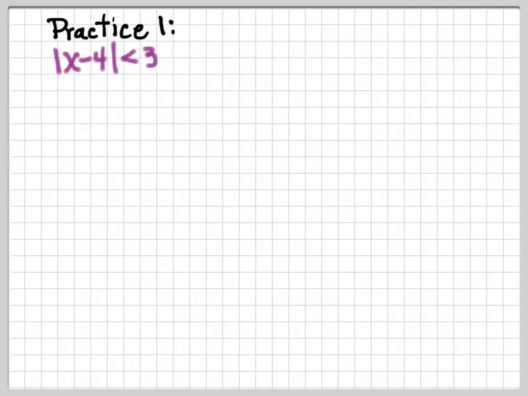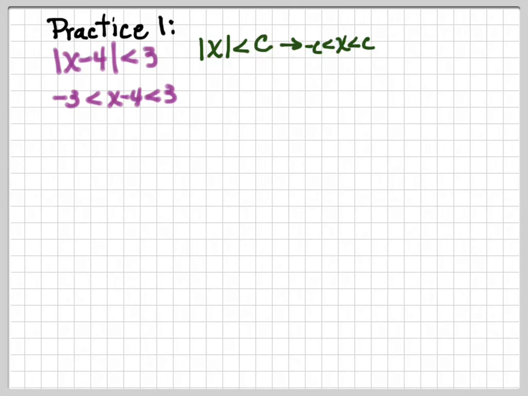If I have the absolute value of x minus 4 is less than 3, I know that it fits into the category of absolute value of x is less than a number. If it's going to be less than, that means it's going to be confined between two numbers. And that's going to be written like x is between -c and +c, or whatever your final number is. So I'm going to have x minus 4 lies between -3 and +3, and that's how I'm going to write that out. If I add 4 to both sides, I have x lies between 1 and 7,